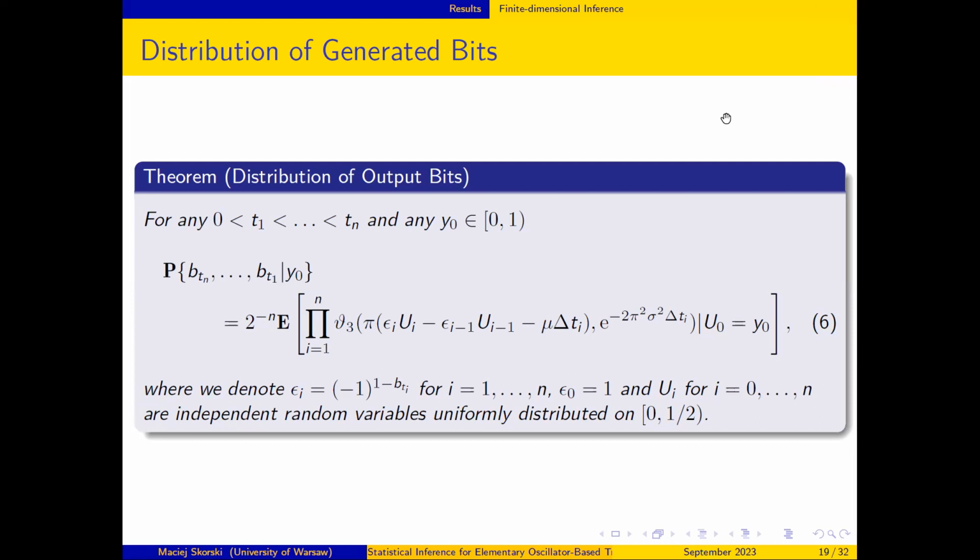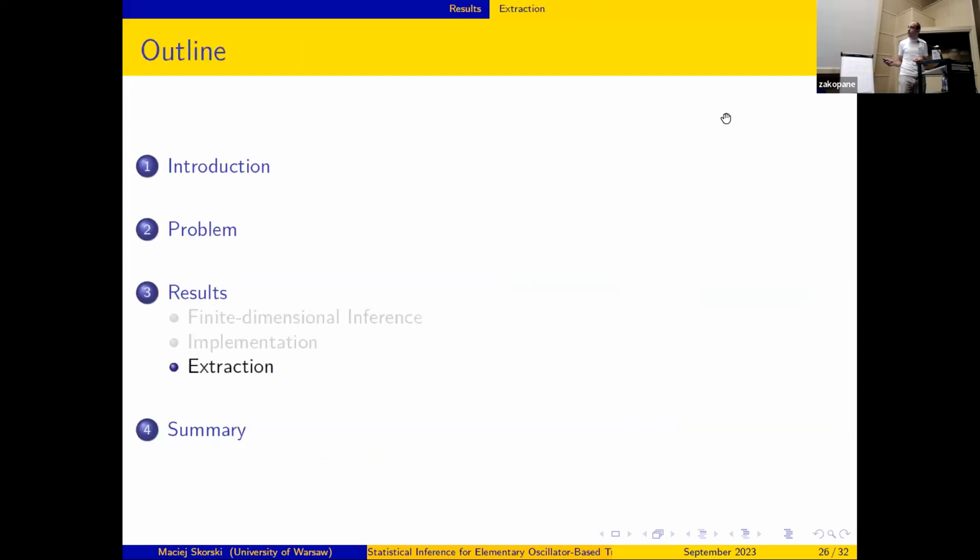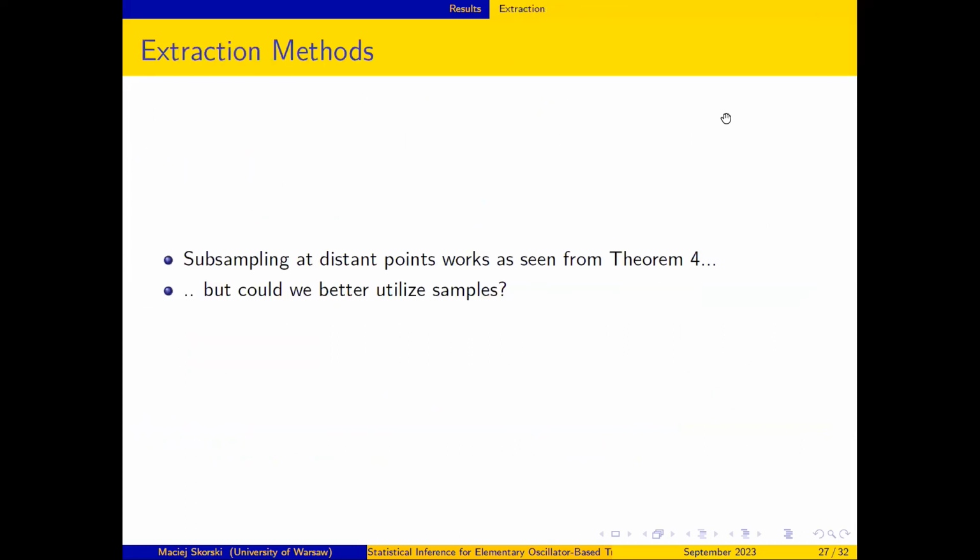Because what would be more interesting is actually to come up with the extraction method. So do something more clever than just subsampling distant points. And as far as this problem is concerned, I have no clue how to do that better. And this is my big open problem, with regard to which I would love to hear any feedback or receive any help, if that's possible. If you find this interesting, I would definitely be more than happy to discuss this in more detail.